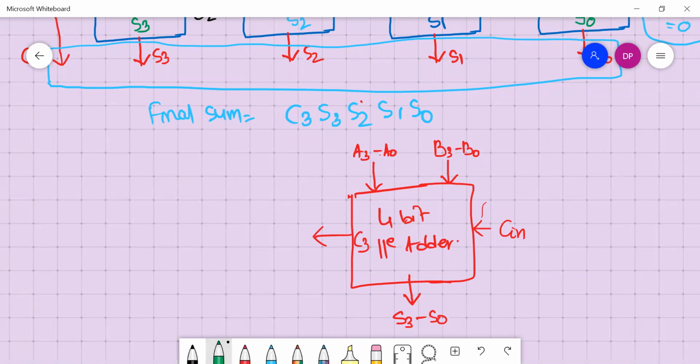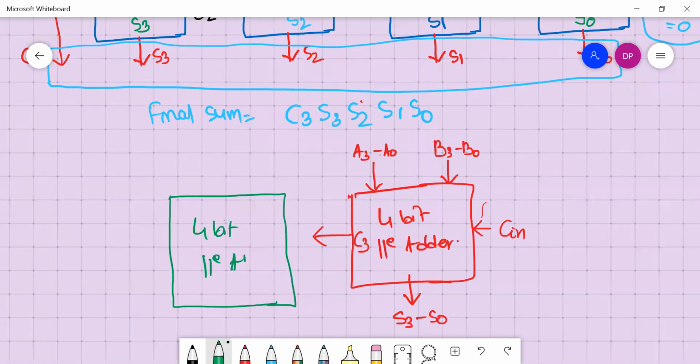If you make another 4-bit parallel adder, it will take this previously generated carry C3 into account.